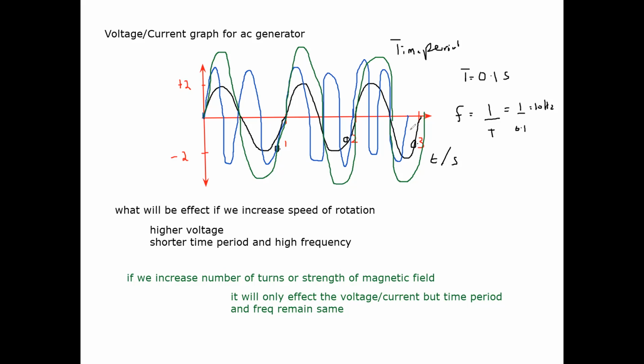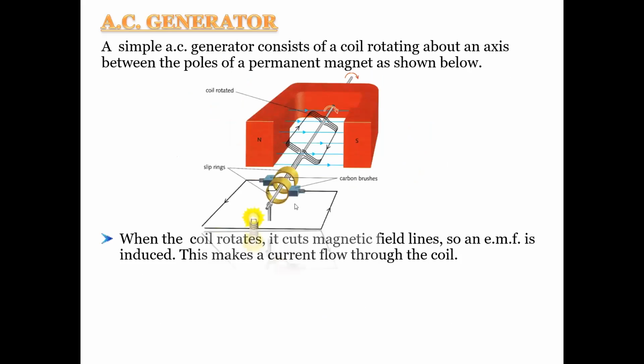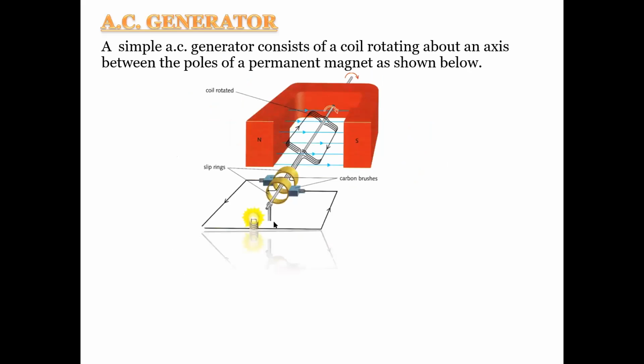The AC generator. The AC generator and DC motor, they look similar, but how can you distinguish them? For an AC generator, you don't have any supply here. But if you have a DC motor,